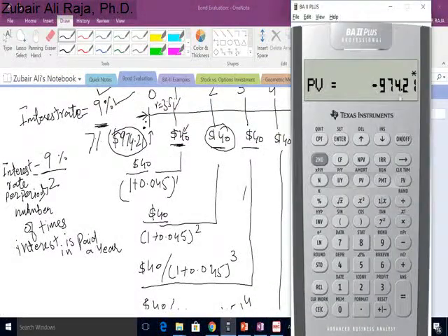Remember, still 6 periods are left. So first enter 6 and then n. Then interest is now 3.5. Present value, which is the price of the bond, we need to find, so we will not press anything there right now. First we need to put in the other data. So payment is $40. So 40, and then future value is